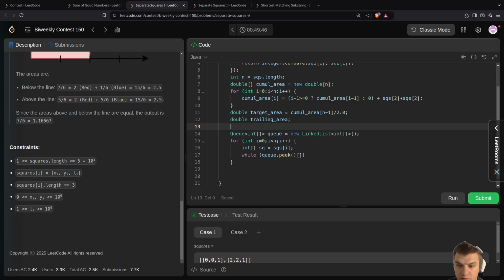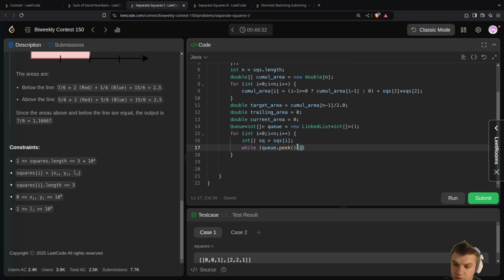Well, let's say double current area equals 0, and then trailing area equals 0, and then while the queue is not empty, the y when it's going to end is going to be 1 plus, so it's plus L